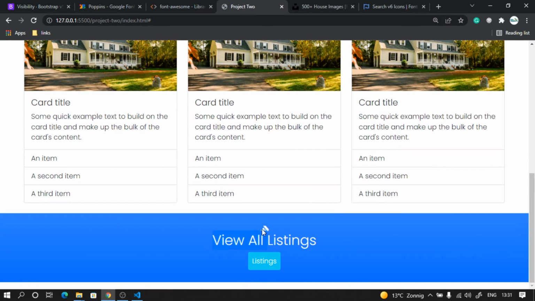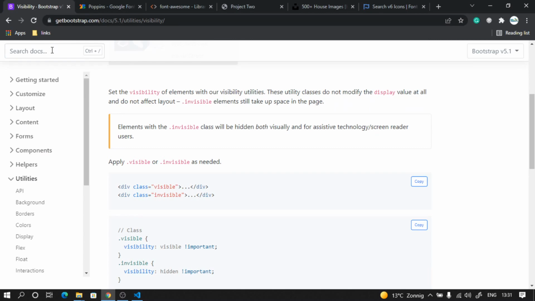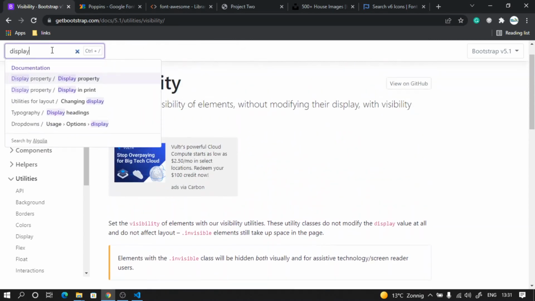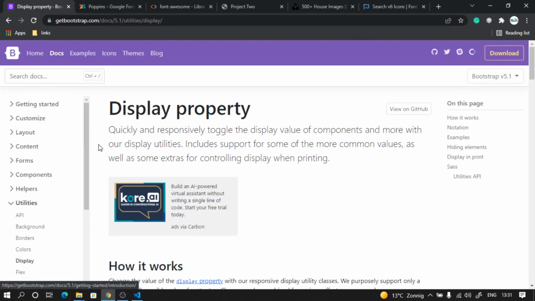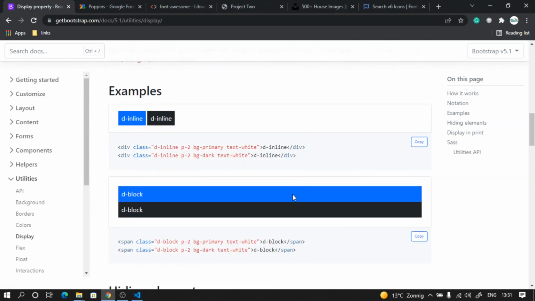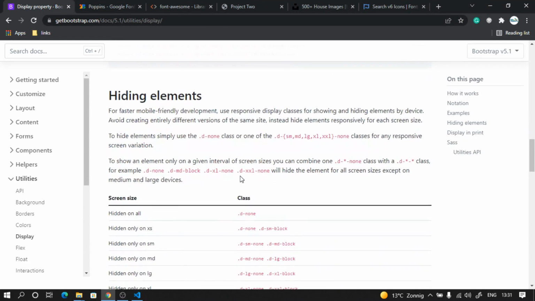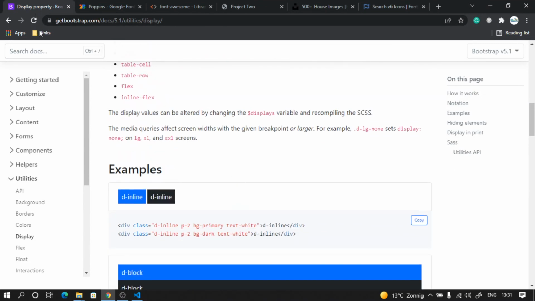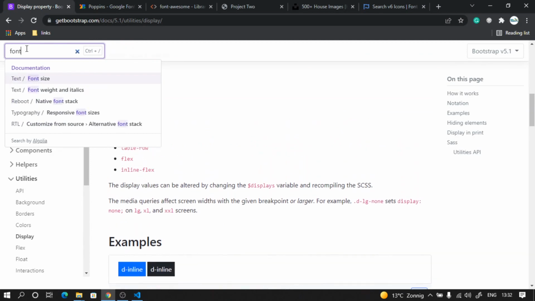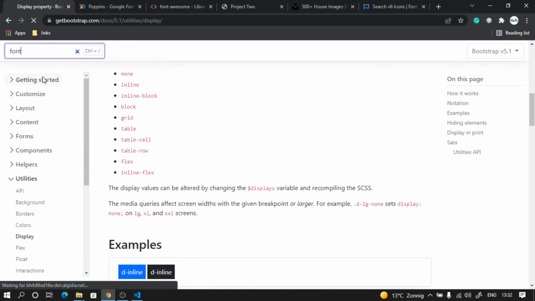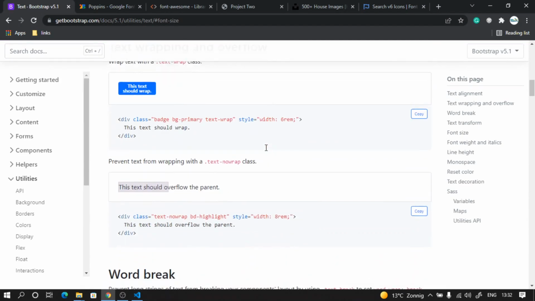here. So you see it is showing it here, but the font size is very small. So for the font size, we have some display classes. So if I go here, display. So this is the block, the inline. What we have to basically apply is the font size. So we search for font here. So go with font size here, and here if we see,